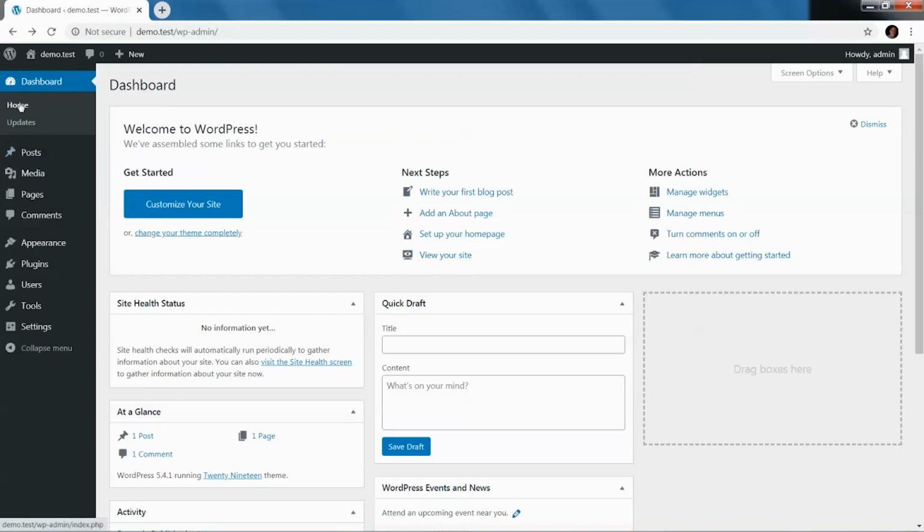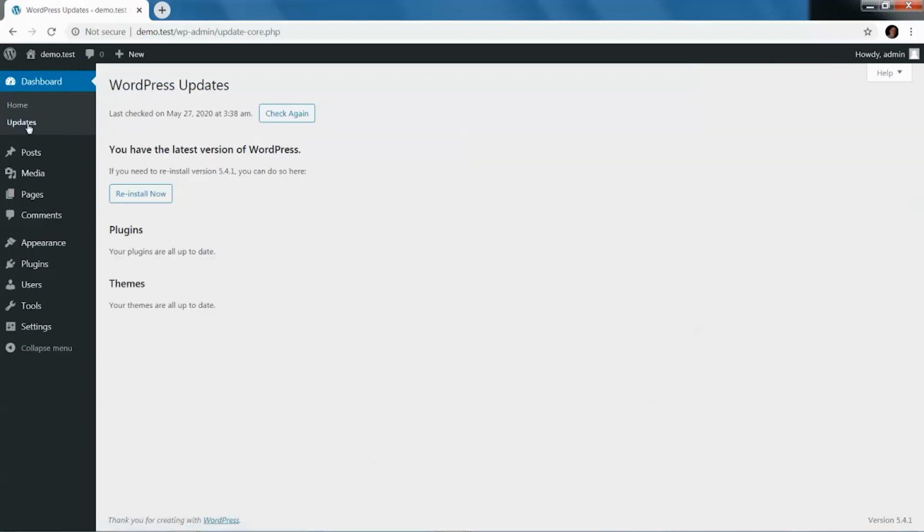So over here on your left, you have the dashboard in blue that tells you where you are. You notice the little arrow giving you that indication of this is where I'm at currently. Below that is home, which brings you right back to this screen. Then you have your updates, which lets you know if you have anything that you need to update. If I did, there'd be a little circle at the end of updates with a number inside. And the number would be of everything that needs to be updated in your site.